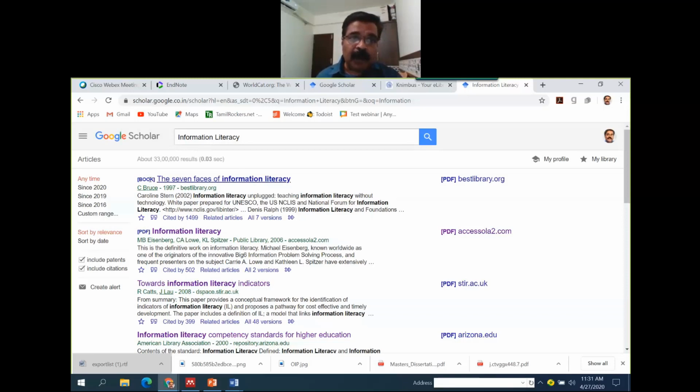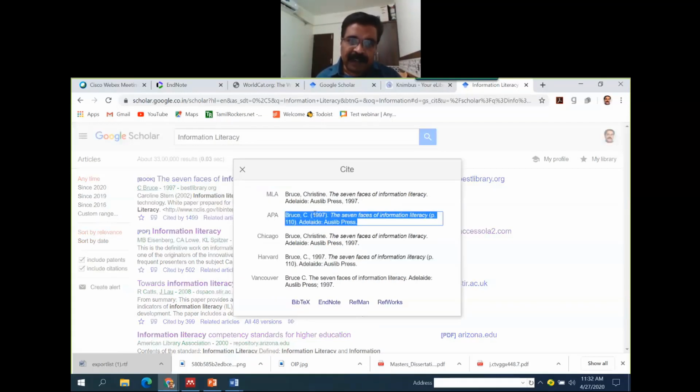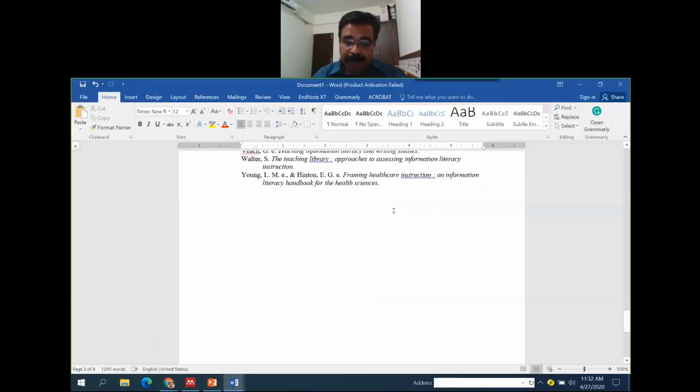Here, the first option is a book written by Bruce on 7 phases of information literacy. So what you can do is, below you can see, there are some links out of that. Here there is an option called cite. Just click on that. All of a sudden, you can see the entire different formats of metadata formatted according to certain styles are there. You can just copy it from there and go back to your file. APA style is there, copy it and come back to your MS Word file, and here at the end again you paste it.